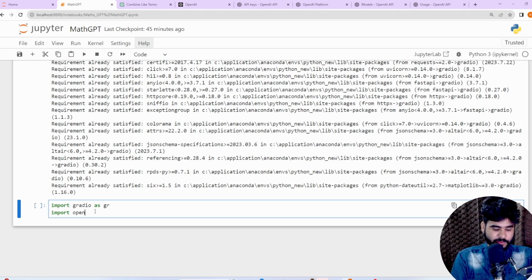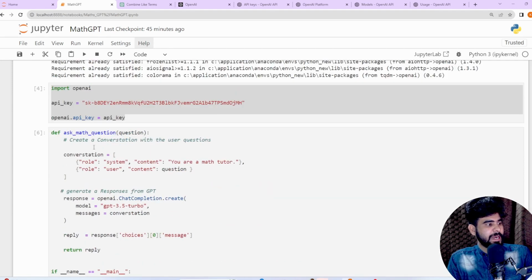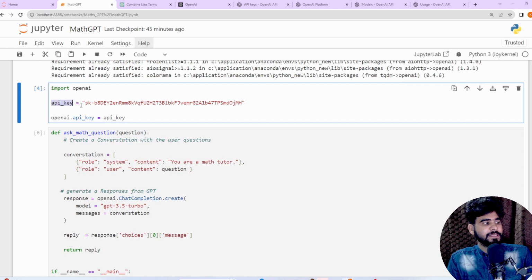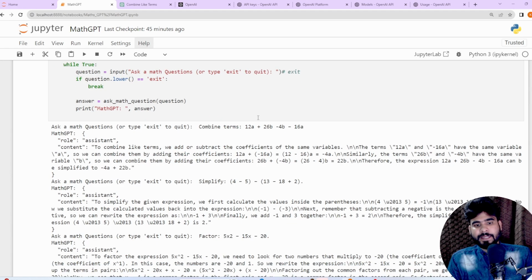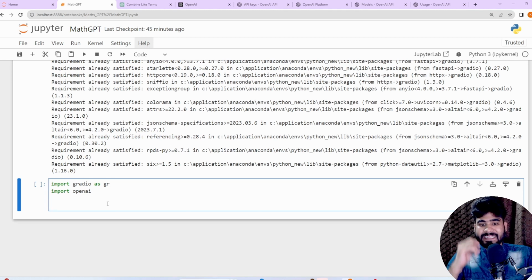Then I'm going to import OpenAI. As you can see in our above application, we had a variable called API key, and we are going to define our API key. Here I'm going to call the getpass function, and with the help of getpass we can pass our OpenAI key.